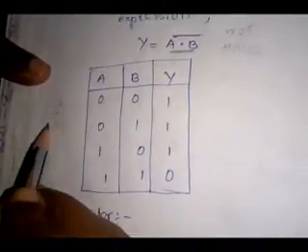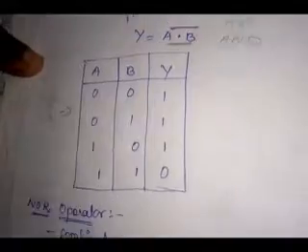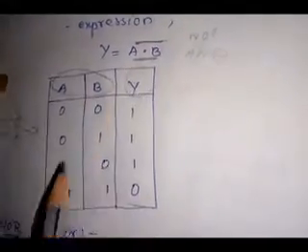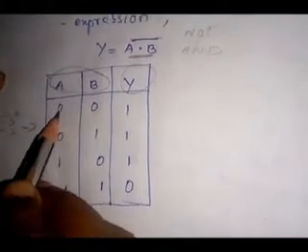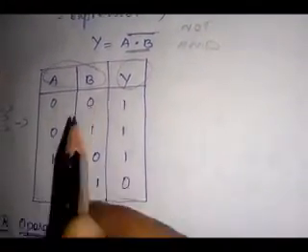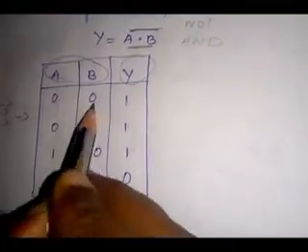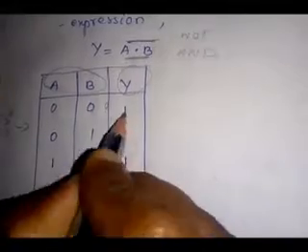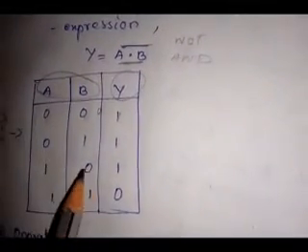Its truth table is here. In this operator also we can take two or more inputs and only one output. Here A and B are the inputs, Y is the output. Here first input is 0 and 0. When we multiply, we get the answer 0. Opposite of 0 is 1. So output is 1. Did you get?